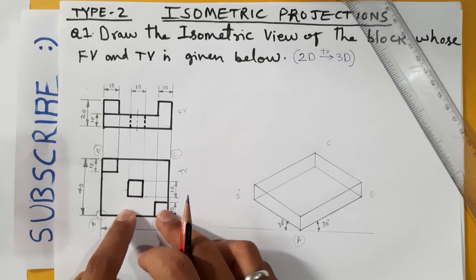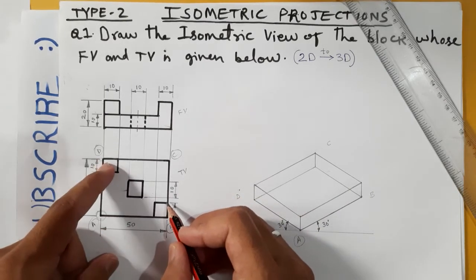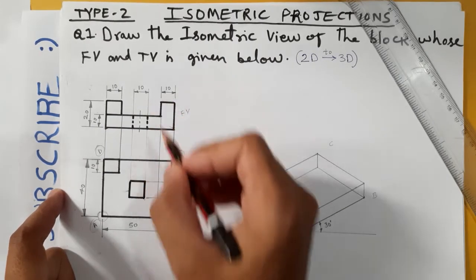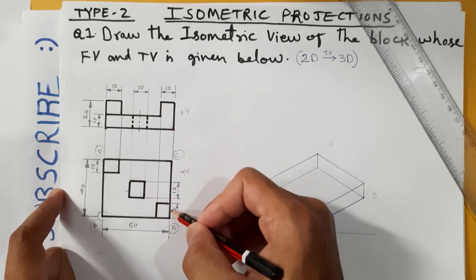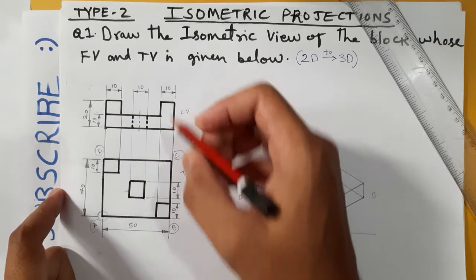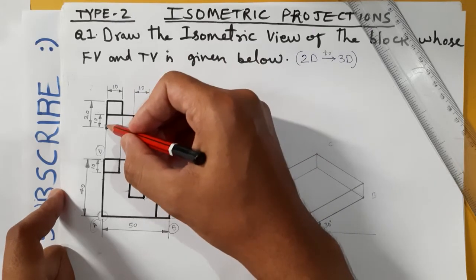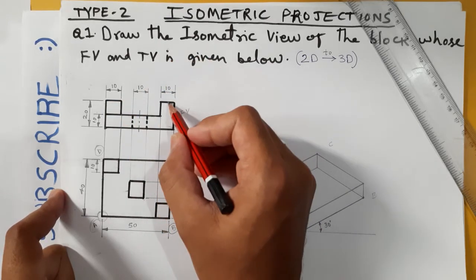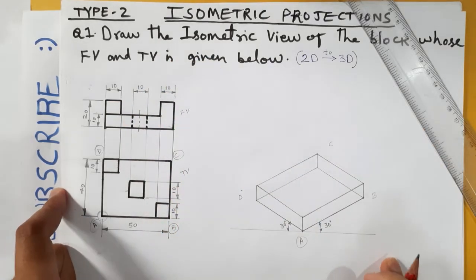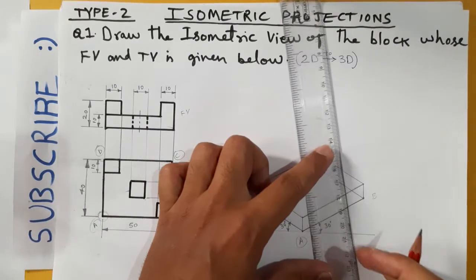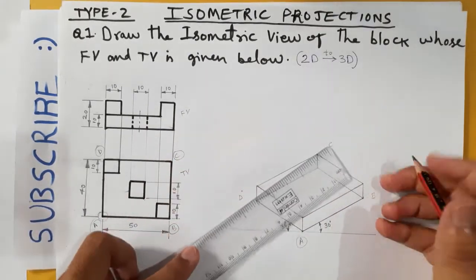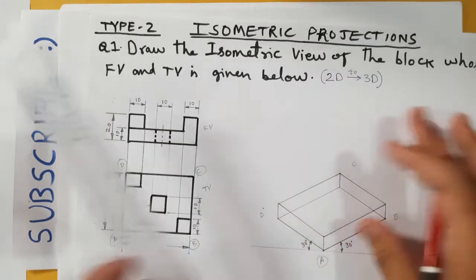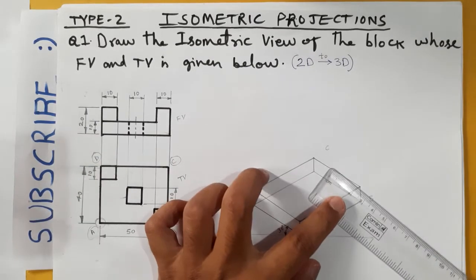Now over this block we have this block and this block. The dimensions of this block are 10 in this way and 10 in this way, so 10 by 10; this width you can see here and this width here. And the height of this block, how much? Again it is 10, because this base is 10 and the total height given is 20. So 20 minus 10 means 10. So basically this is like a cube. Let us see here. From this corner we will start 10 mm here, and from this corner again 10 millimeters this side.